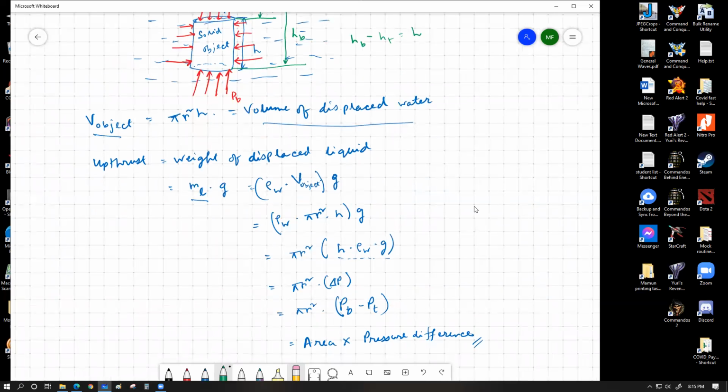So we wrote delta p over here, and delta p can also be written as p_b minus p_t. I specifically wrote the bigger value at the beginning so that you do not get a negative force. But you should understand that in this case the force should be directed upwards because the pressure is bigger at the bottom, pressure is smaller at the top. So that whole expression can be written in words like that. We can also rewrite this as area multiplied by pressure difference, which is the basic formula for the upthrust. That's pretty much it there for the